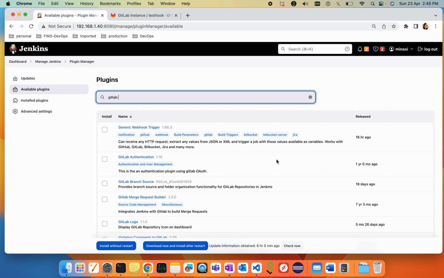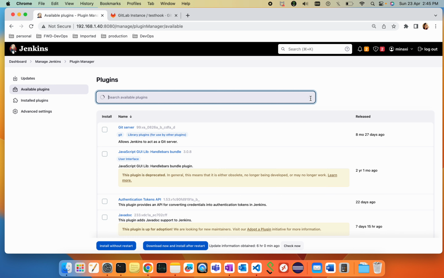Demonstrating how to integrate GitLab with Jenkins using webhooks. Okay, so for that there are certain steps involved, and I'm having my Jenkins available in one server and